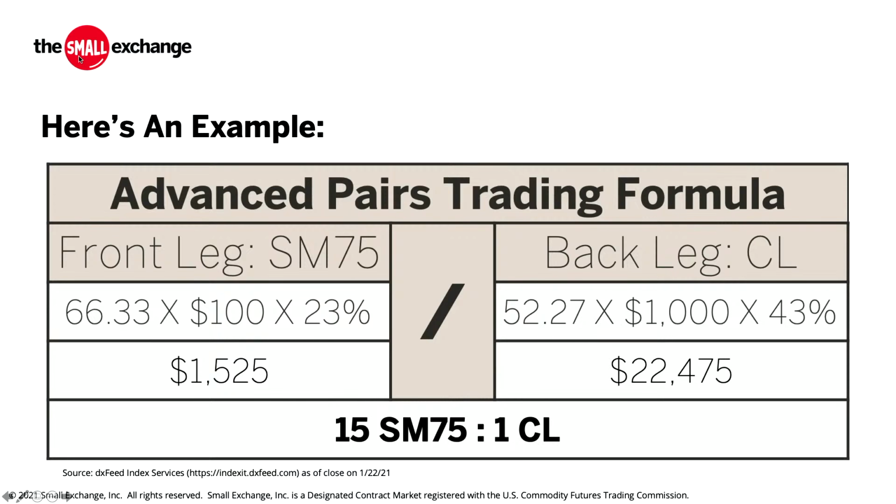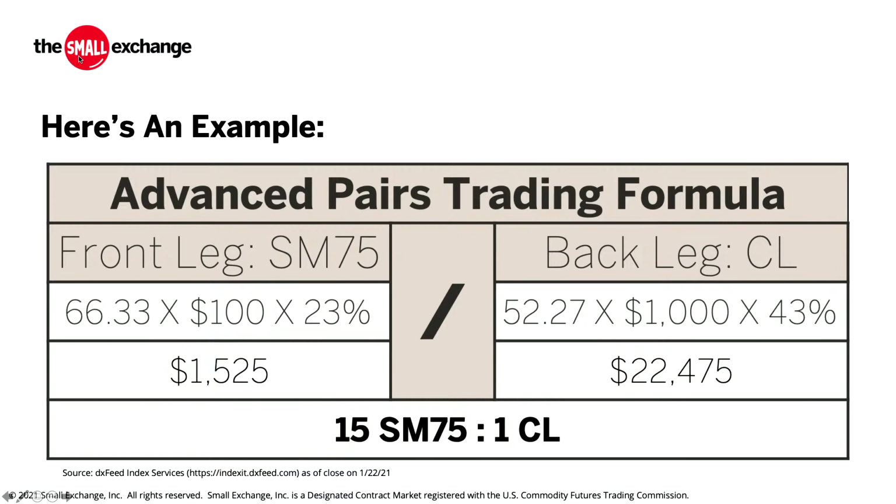But you can see here, like CL, it's $1,000, and I think there's a mini CL that is, I think the multiplier is 200 or something like that. That's all going to be irrelevant after small oil comes out, hopefully in the next month or two. But anyways, if I'm trying to trade SM75 against CL here, I got to add that different multiplier in for the CL futures contract. And this is one where I would add the volatility angle on this as well, because